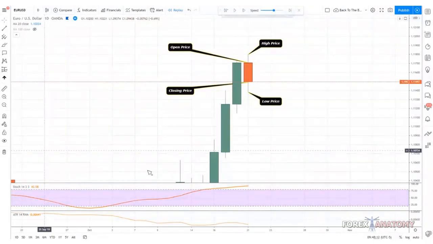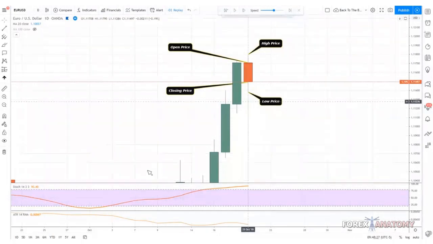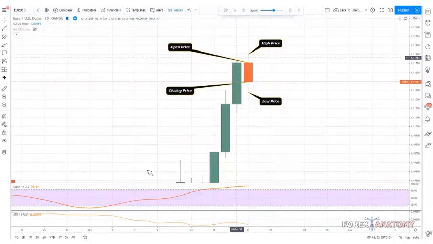Okay. So we see here that we have 4 data points, which are very important. To me, the most important data points on any candlestick are the closing price and the high and low price. Those are the three most important data points. The opening price is okay, but you don't really need to know that, and I'm going to share with you why in a little bit. Once you really understand how this works, you're going to get aha moments. You're going to be like, okay, wow, now I get it.